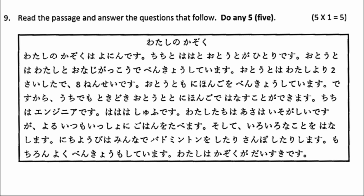If not, please pause the video and go through the passage one more time. Now, let us see the questions. The first question is, この人は家族は何人ですか? Since the total number of members in this person's family is 4, the answer will be 4人です。The second question is,